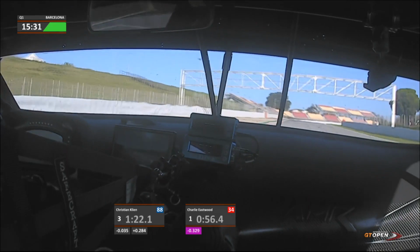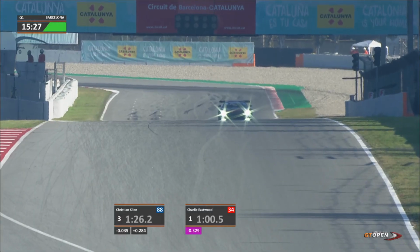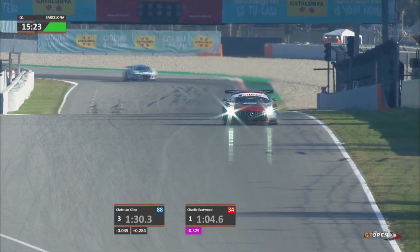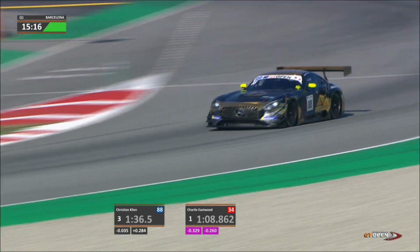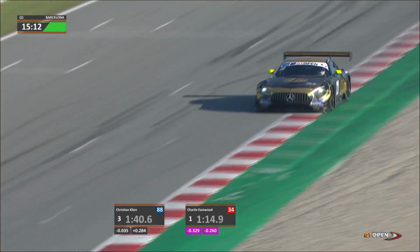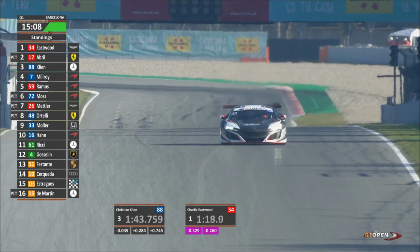Let's ride on board then with Eastwood as we make our way uphill through the fast right-hander, as we've got coming down the start-finish straight. This is the ASP car. Here's Christian Klein out of the final corner now. Let's see what he can do on this lap. He's not improving on this lap, but third place for him currently as he makes his way across the line